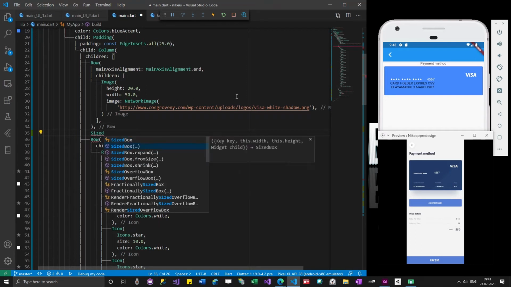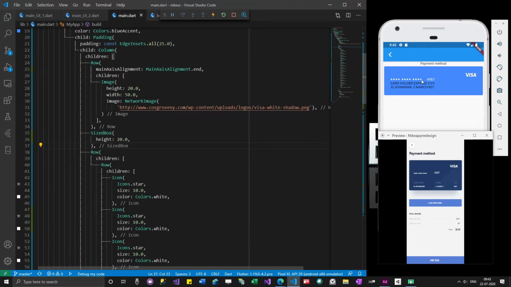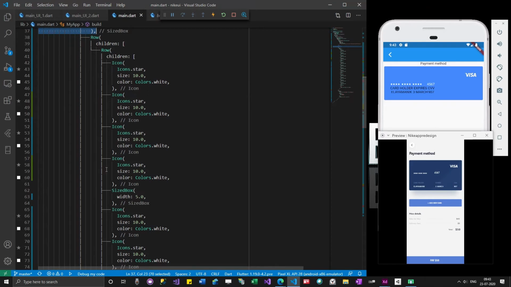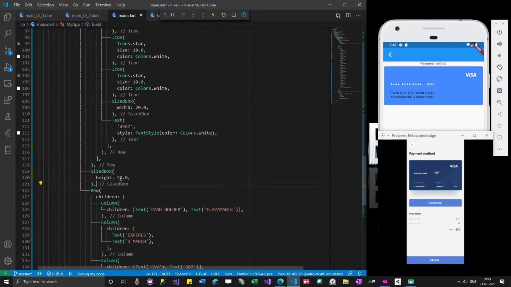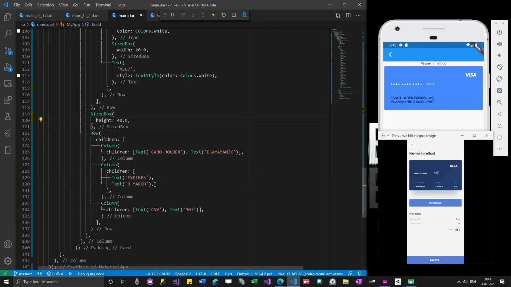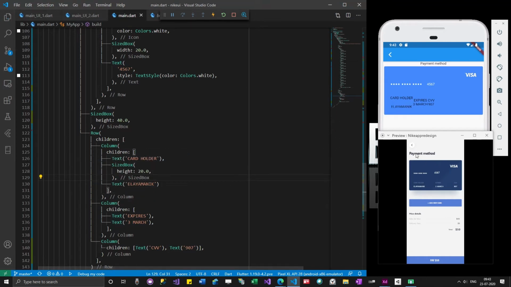So I'm going to use a sized box of height 20.0 and see if the same size has come. Okay, 20 makes sense. So I will add the same size below this row. I'll make it 40. And then I will add some sized boxes between card holder, expires, CVV.